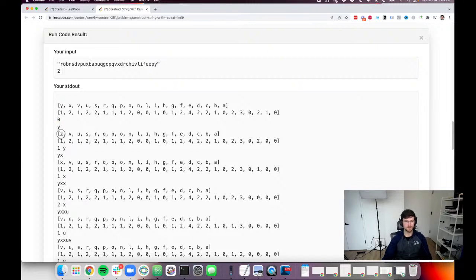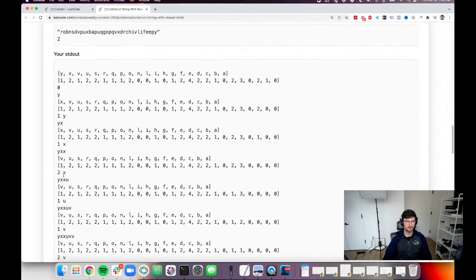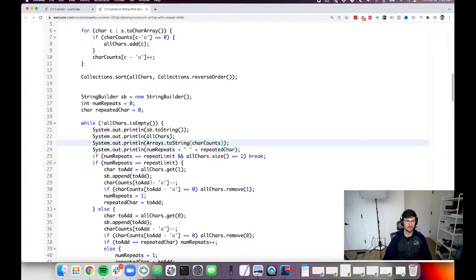Now we get the next one, it's the x, and we have 2 of those, right? So we add the x, it's repeated once. Now we add an x again, it's repeated twice. And so now what we should be taking is the v, but we're getting that we have that repeated character, so we need to just add,